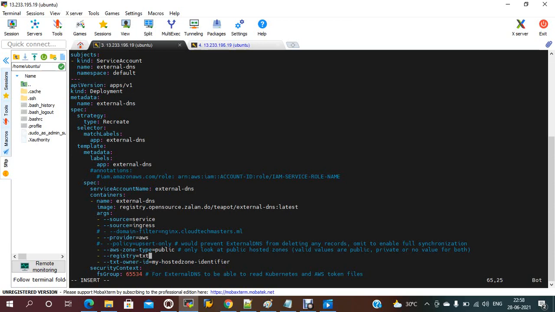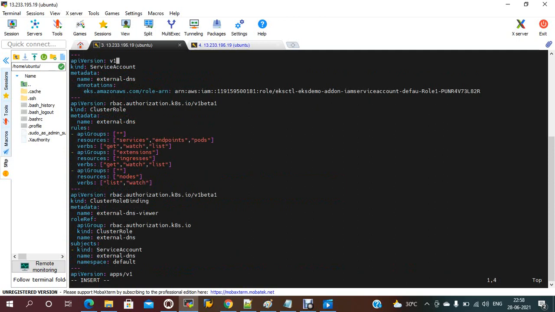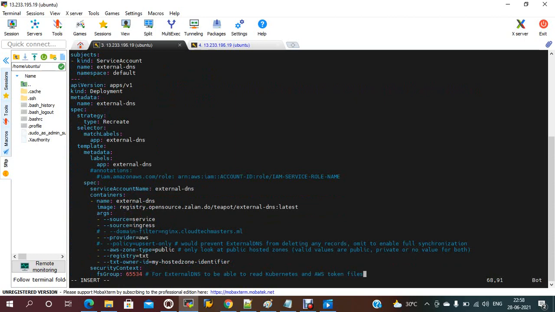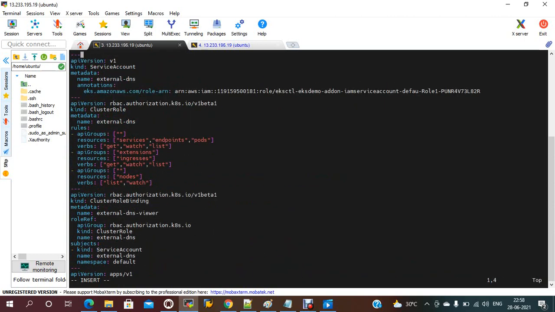Only we have to change the service here. It should have a service account. Under the service account we just need to add this role ARN. The role binding and deployment are the same. Everything is the same. Only the change is the role ARN. This role ARN, you just need to add the IAM role ARN.